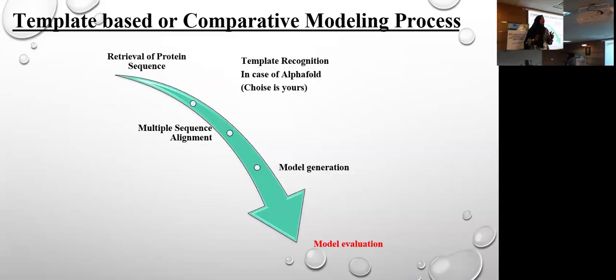But here we are not going to go through the steps of comparative modeling. Here we will discuss the AI-driven approaches for protein structure determination. Why are we going to do that? If anybody has an idea: I told you earlier that there is a comparative modeling process, and we have the template. So why are we going to use the AlphaFold AI-driven approach? Why are we going there?